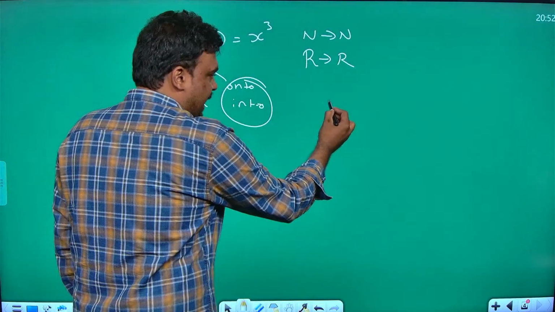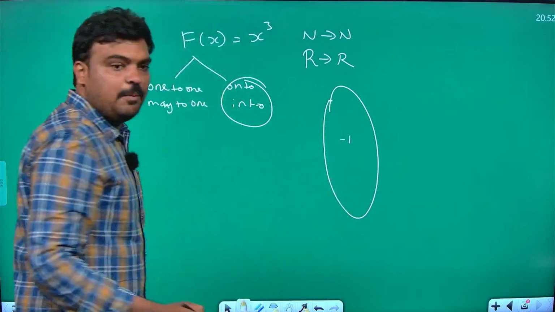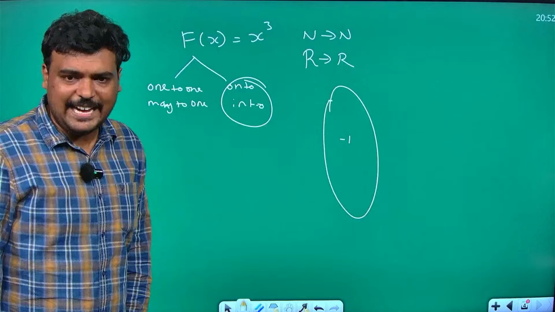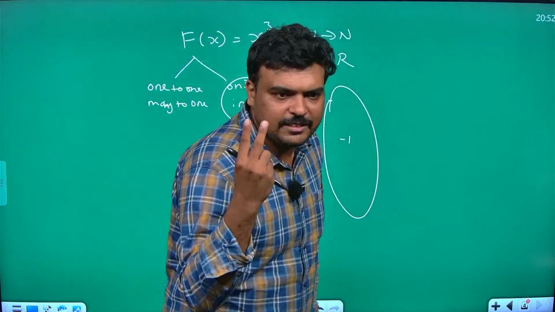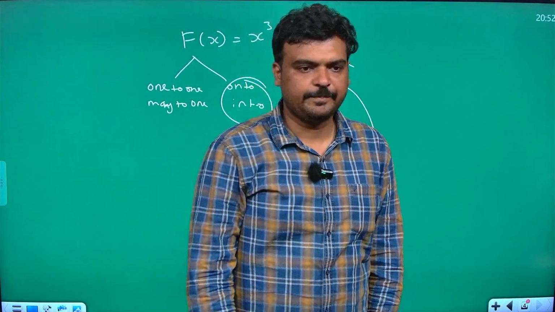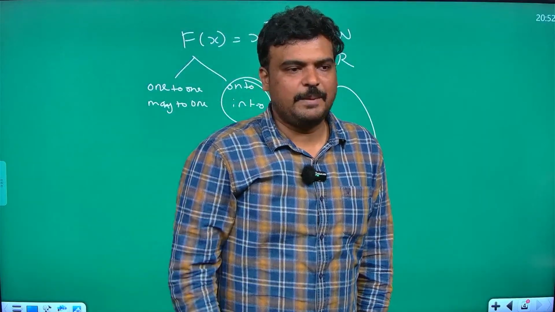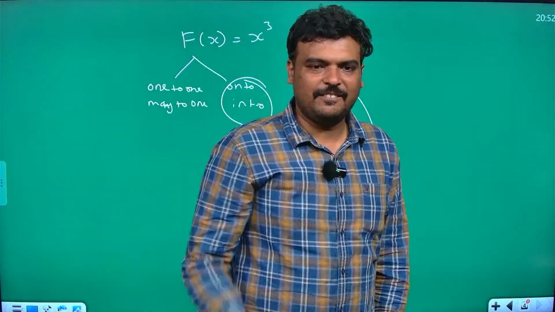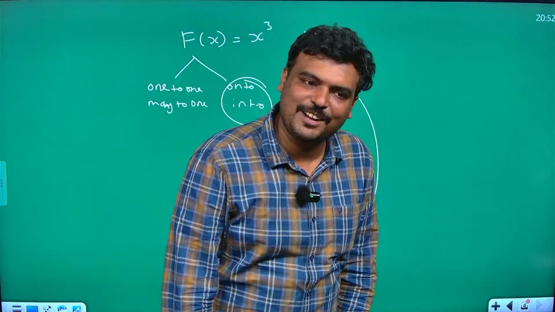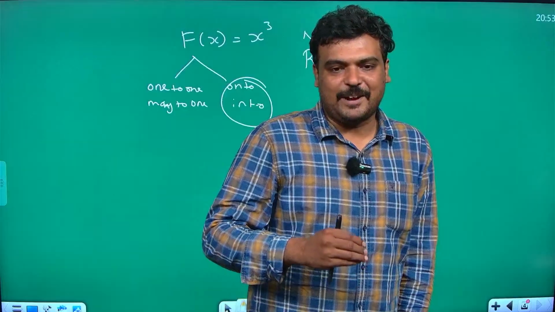Guys, what I am saying is, if I have this and I am taking all the real numbers, I will have -1 here. -1 cube will give me -1. Right? What will -2 cube give? -8. -2 into -2 into -2 will give me -8. What will -3 give me? -27. But 3 will give me 27. Are they both different numbers, right? Then is this function 1 to 1 or many to 1? 1 to 1.